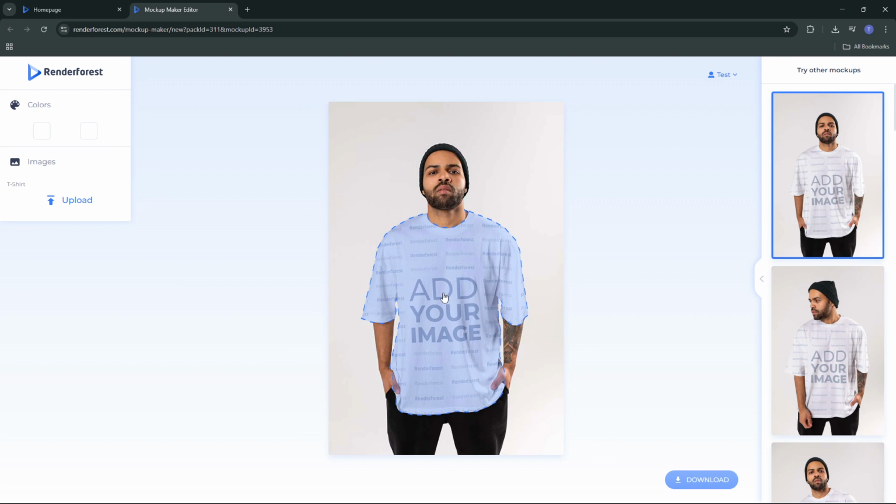That's all there is to it. You logged in, started with a template, went to Mockups, picked the design that fits your needs, clicked Create Now,